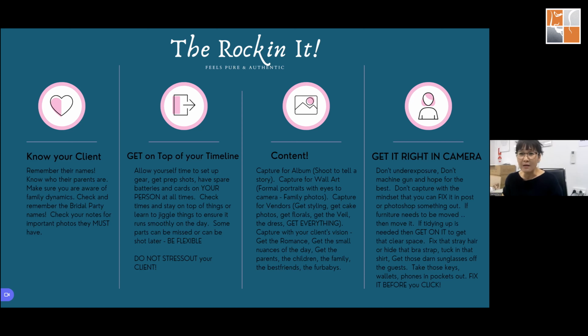If they want candid, deliver candid. Don't try to pose them. If they say to you that they need direction, this is where you can hop in and say, yeah, sure, I can direct you. And then make sure that you create the imagery that they want by gently directing them